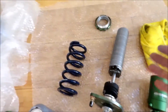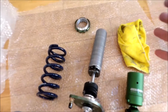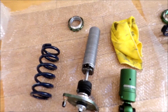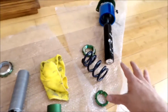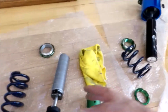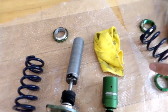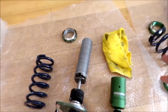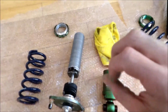So what I did was lay a couple beads along the threads, and then I used the locking collar, ran it all the way down and back out, wiped off the excess, and now I should be good to go. I took some of that excess and put it on my other coilover so that it just didn't go to waste, but it should be good to go, ready to set up and then be able to put on the car. I'm gonna do this for all of these here, but that's just about it. That's prepping it so that you don't ruin these over time. They don't lock up, they don't seize,